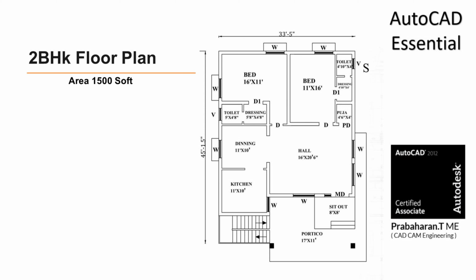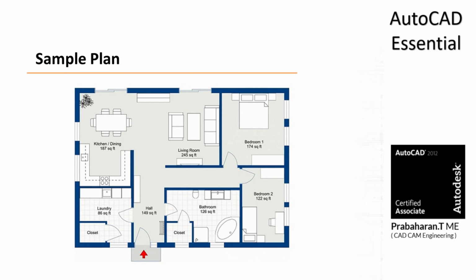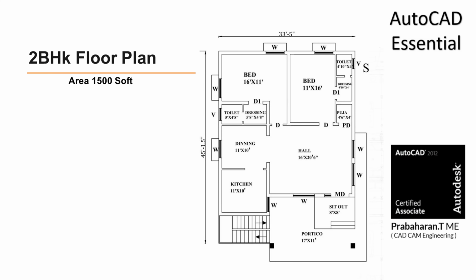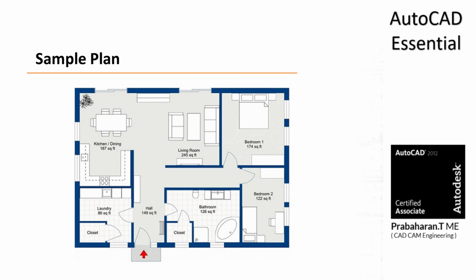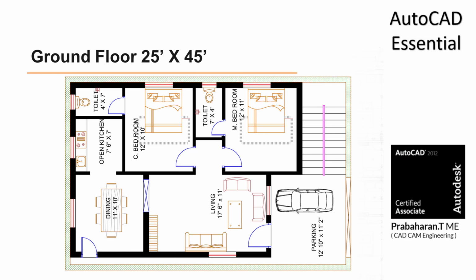So what is the size of a room, dining, kitchen, portico, and all other things will be represented on the 2D plan. This is a sample 2 BHK floor plan. Similarly, this can be represented with the interior information also. Before, we had a plan that has only the information without any interior furniture details. So the same plan can be represented with the furniture in a colorful way. Similarly, we can extend the representation of the floor with more details like this.